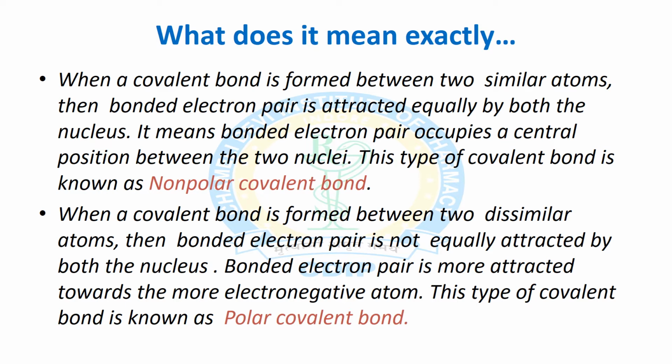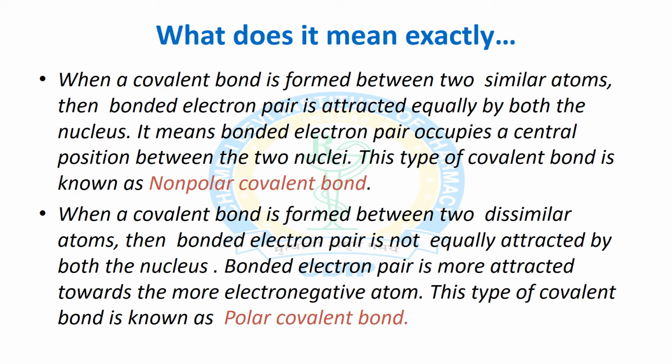Now I just want to inform you about the formation of a bond. First we will discuss the formation of the bond, specifically the covalent bond. When there is covalent bond formation, there is mutual sharing of two electrons. One electron comes from one atom and the other electron comes from the other atom. If the two electrons come from two similar kinds of atoms, then the bonded electron pair is attracted equally by both nuclei, meaning the bonded electron pair occupies a central position between the two nuclei, and this is known as a non-polar